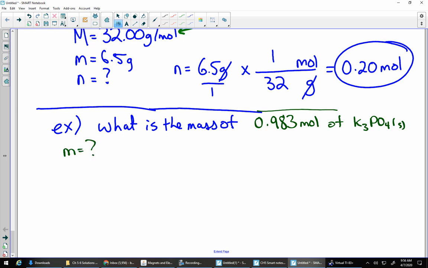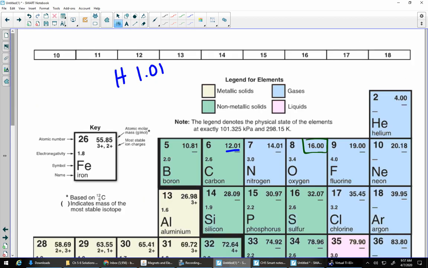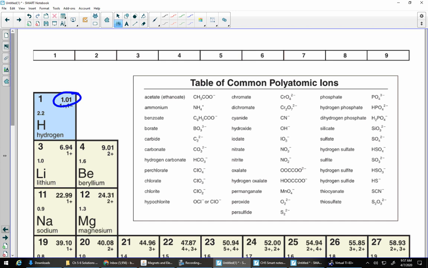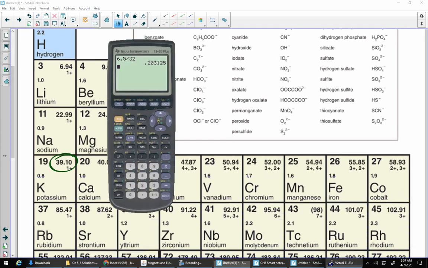So we're looking for the mass. That's our question mark. We are given the moles, 0.983 moles. In order to find it, I need the molar mass. So the molar mass of K3PO4. So that's 3 potassiums. Where is potassium? There you are, 39.10. So 39.1 times 3 plus,